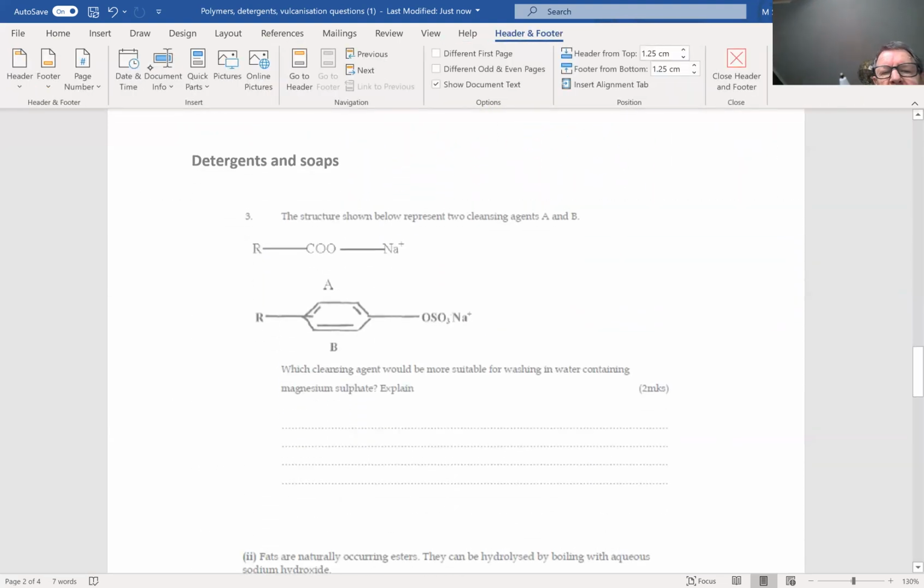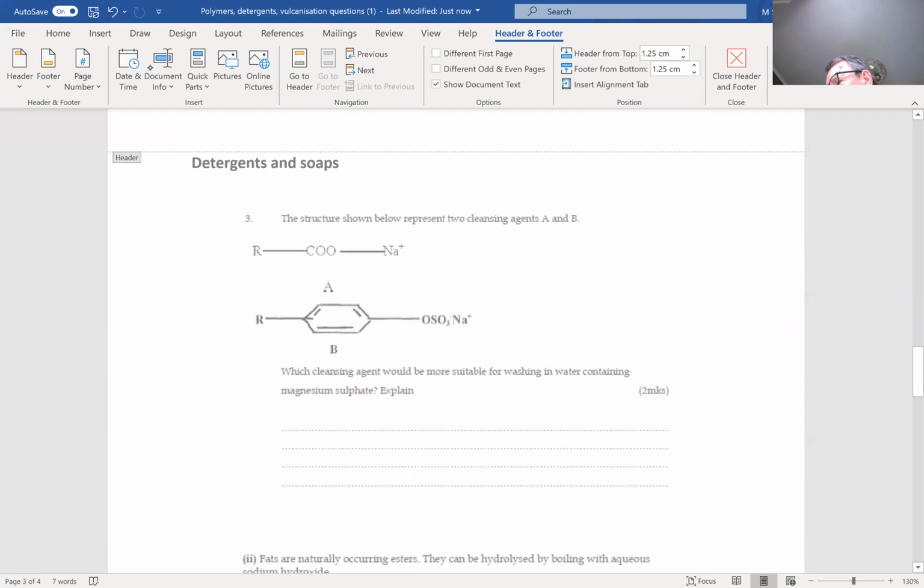Detergents and soaps, these are fairly straightforward. What you've got to do is to be able to recognize them. Basically, the one that goes kuna